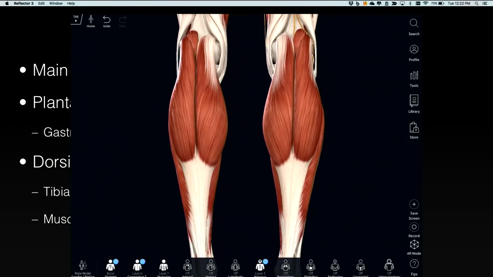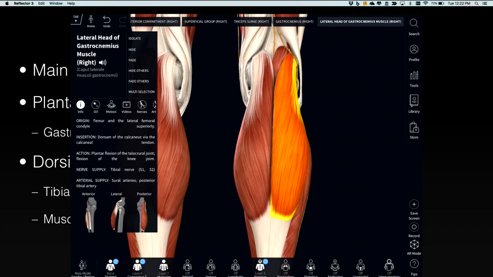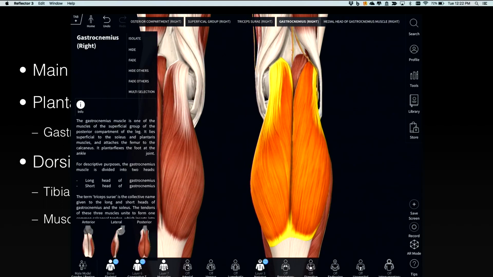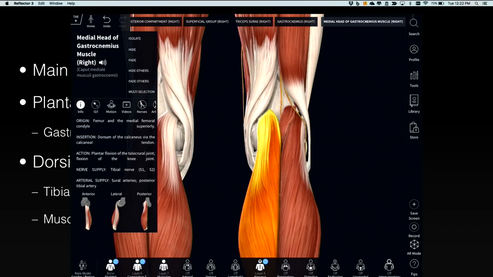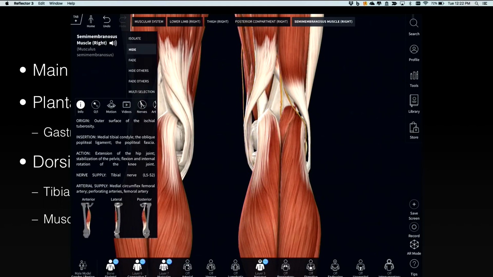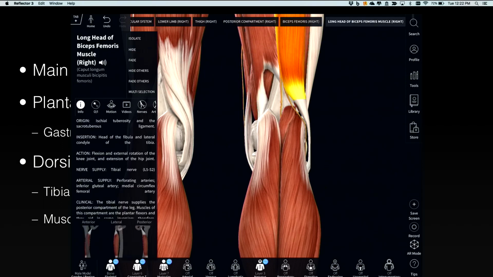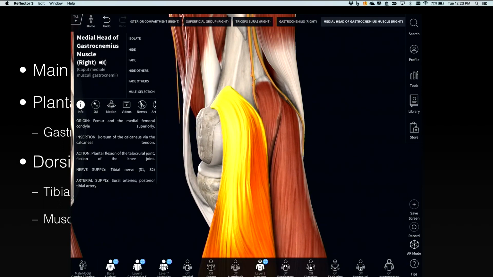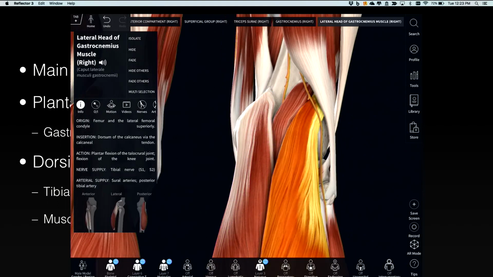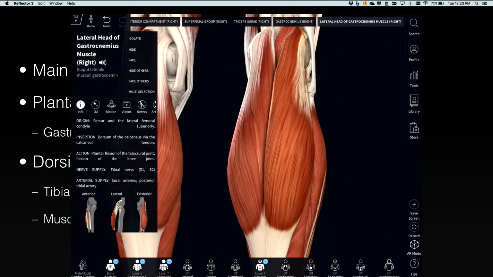Let's start in the posterior compartment, the most superficial muscle, the gastrocnemius, two heads, medial and lateral. But overall, the gastrocnemius is both of those heads together. And it originates on the epicondyles of the femur, the medial and lateral epicondyles. Now, if I get rid of some of these up here, you can see that. See the epicondyles of the femur, the origin of the medial head, and the lateral head is sandwiched in behind there. These converge